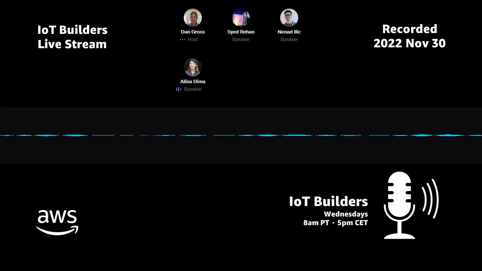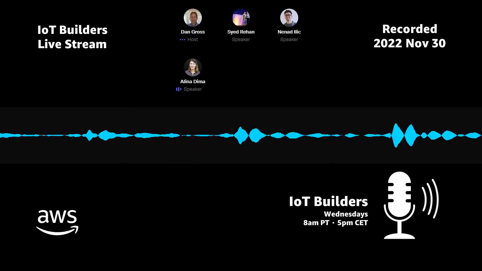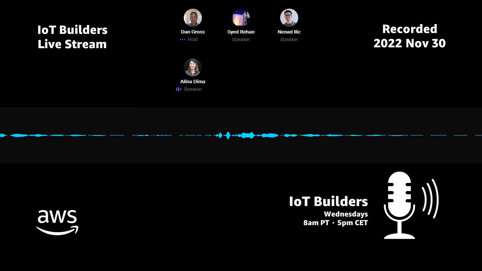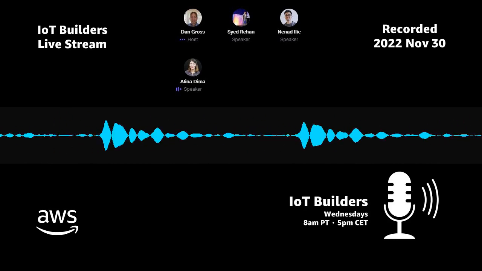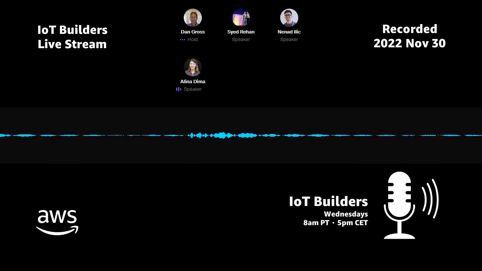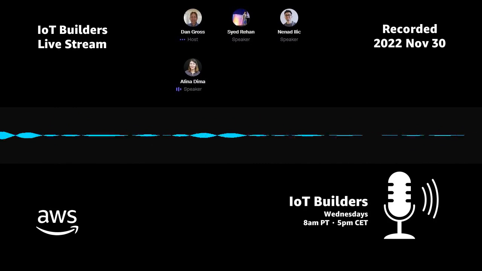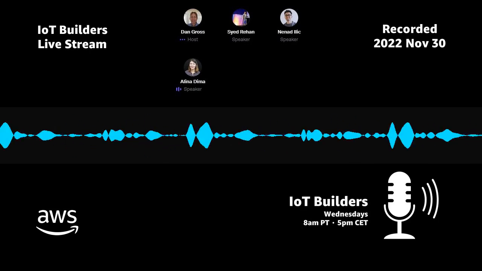Yeah, I really liked that announcement too. I wasn't necessarily aware that we didn't have some kind of integration with that already, but now that we do, I think that's really useful because of Security Hub, if you're familiar with other types of security alerts and things in your infrastructure, adding the IoT devices into that mix just makes a lot of sense. You don't have to go to different places to look for security alerts and things like that, right?